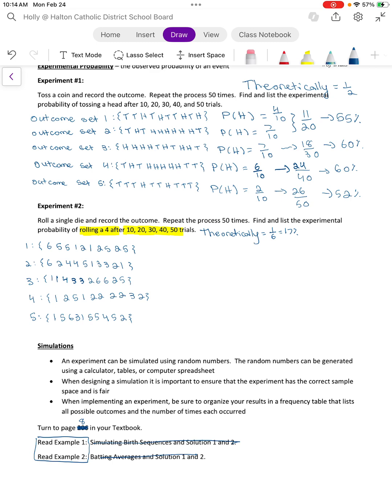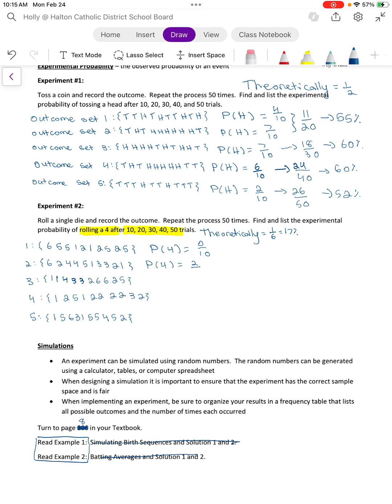So I roll this die 10 times over, and the probability in my first set of rolling a 4 is 0 out of 10. Yeah, I have 10 rolls here and 0 out of 10. So that's far off, I guess, in a way from my theoretical 1/6. Okay. Now if I look at my second trial, my second set